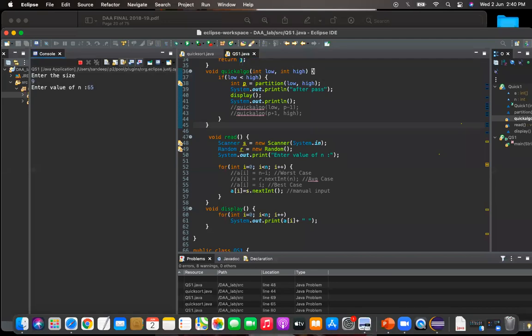I will enter the same elements for our array.